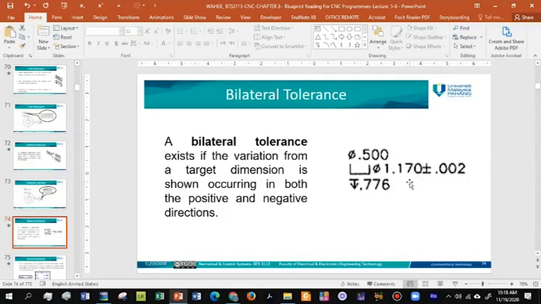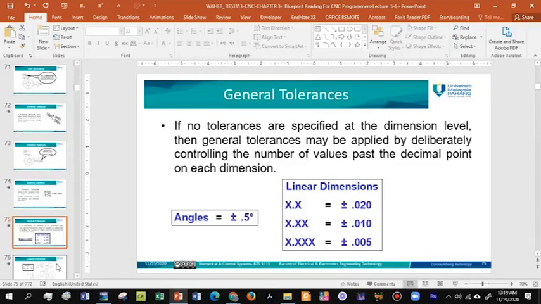And actually, this margin or tolerance will be fed to the machine, so the machine will not make a bigger margin than those values. Other than that, the produced object will be counted as a failed object, not a correct object, so it cannot be counted as a good finished object or a final object. Okay, so this is bilateral. You can see in the figure for the case of